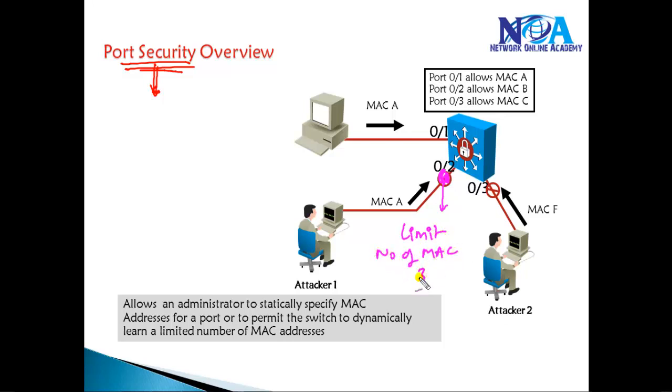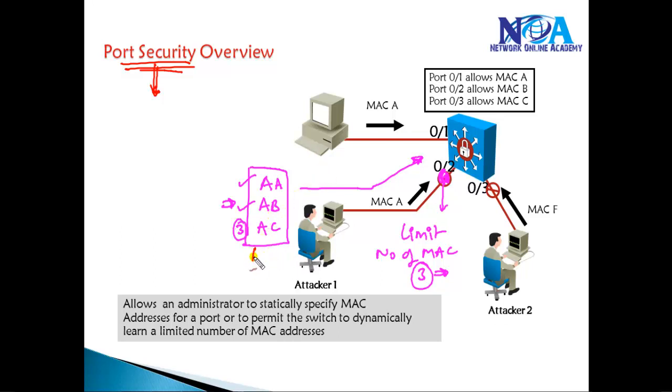Now let's say I'm going to limit the MAC addresses to a maximum of 3. Which means if an attacker is trying to flood with a MAC address of AA, maybe it's a valid user, it's going to accept. If he's sending with another MAC address AB, it's going to accept. And then he's sending with a MAC address of AC, it is going to accept, because the maximum entries we have defined is 3. So a maximum of 3 MAC addresses can be learned on one particular port. And this number can be changed as per our requirement, but we are going to use 3.